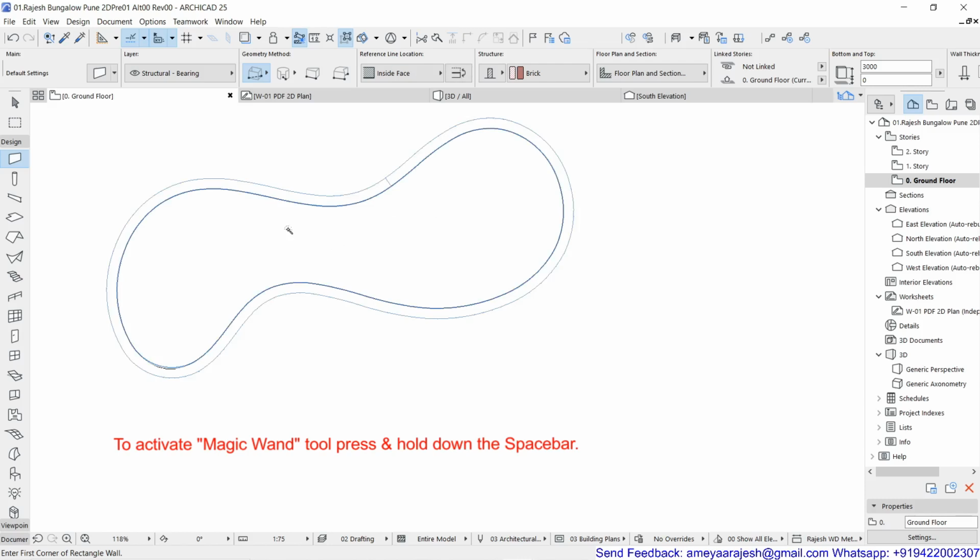Then ArchiCAD will try to identify the island, and once the island is detected, you have to be careful about what option you are choosing at the top, which one is in your favor, outside or inside reference line and everything. You can later also change that, and then you just have to single click.